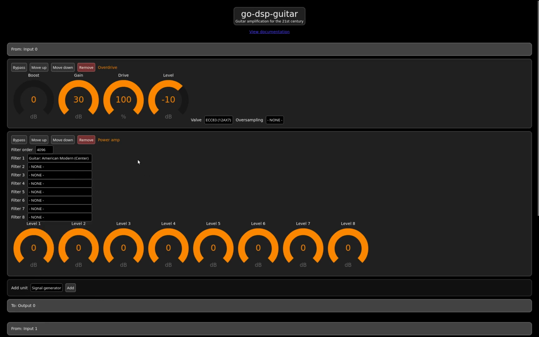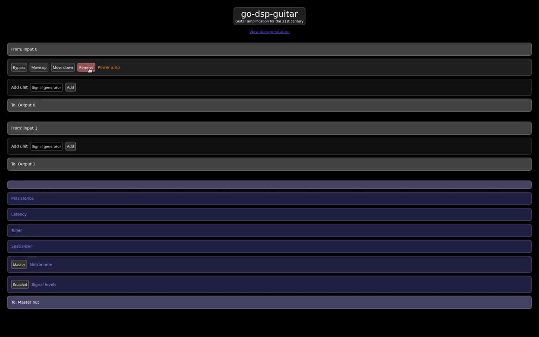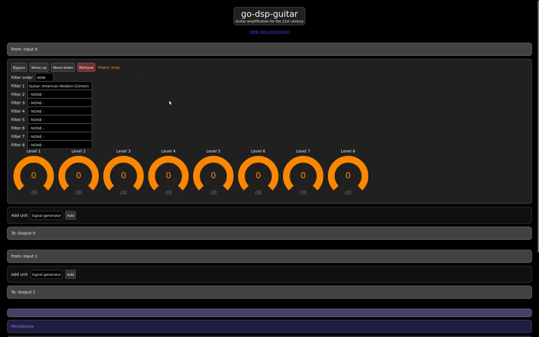And now what I would like to demonstrate is we can get rid of this overdrive unit, and of course if we remove it from the signal chain, then we will have a clean signal here. Instead of this overdrive unit, we are going to put an actual physical preamplifier in front of it. This will be an actual real tube preamplifier using an ECC83 or 12AX7 in the preamplifier section, and